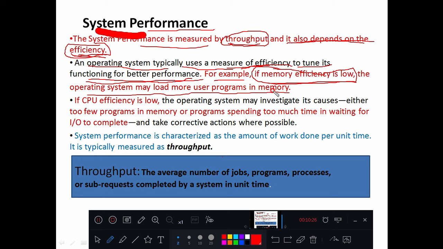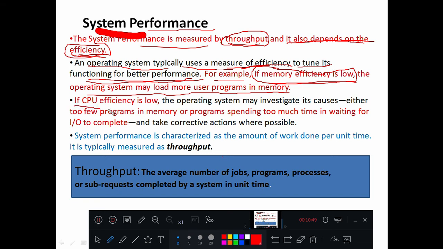So in that case, the operating system can load more programs in the remaining amount of memory, whatever 50 MB of memory is left in the 1 MB of memory. Sorry, not 50 MB, it is 50 KB. The 50 KB of remaining memory can be utilized by the operating system to store some more programs.